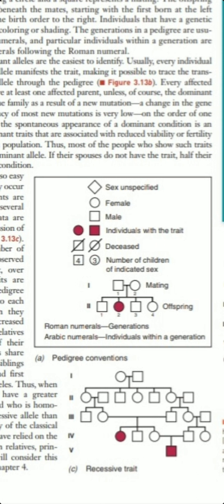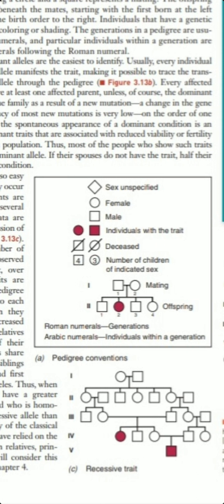And the shaded circle or square symbolizes the individuals with the trait. Okay. So in the pedigree, the shaded ones are the ones with the specific trait. We can map certain persons with a certain genetic disorder or genetic trait, and they are shaded. Okay, and a line across the symbol, either square or circle, denotes a deceased person, that is a dead person, and